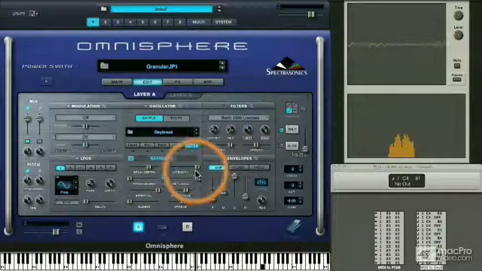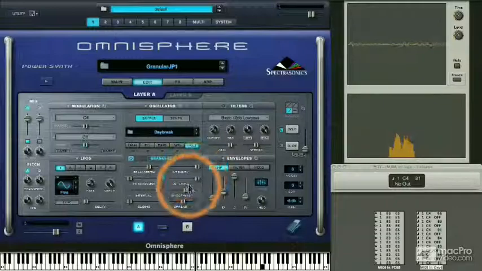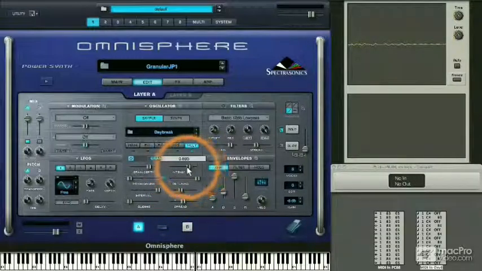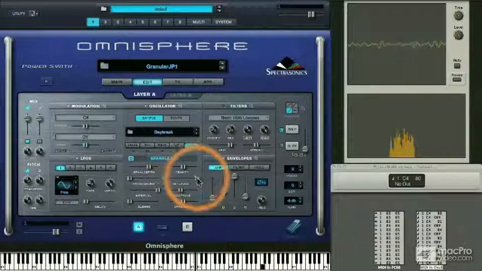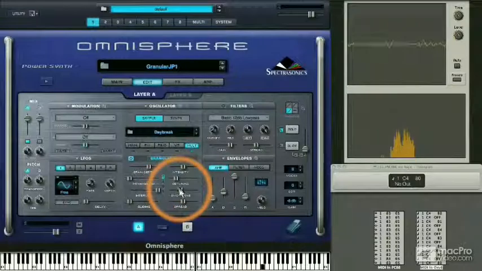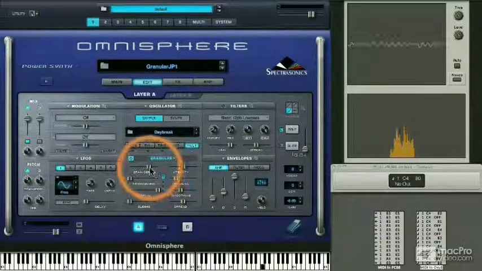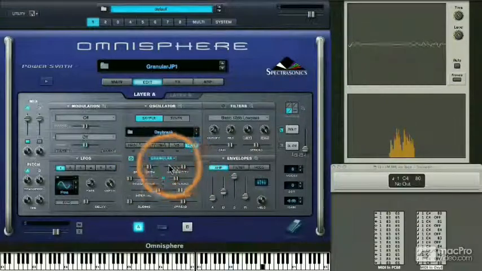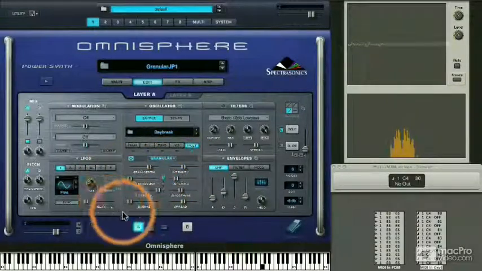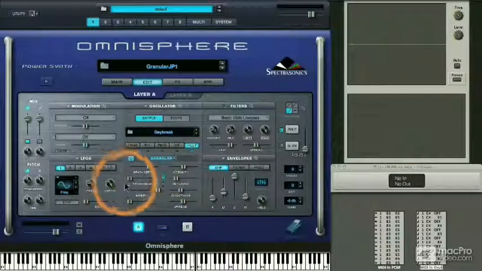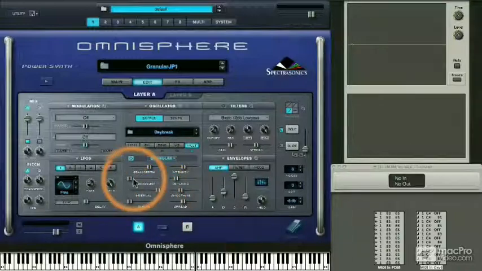So fast intensities can be used to create granular cloud effects. Many of the sounds in Omnisphere's library utilize a slower and more subtle version of this effect. So I'll bring down detune and intensity. The controls in this last section allow us to set up a random grain detuning of anywhere from a semitone to an octave. With the pitch grains slider all the way down, the other sliders, interval and gliding, have no